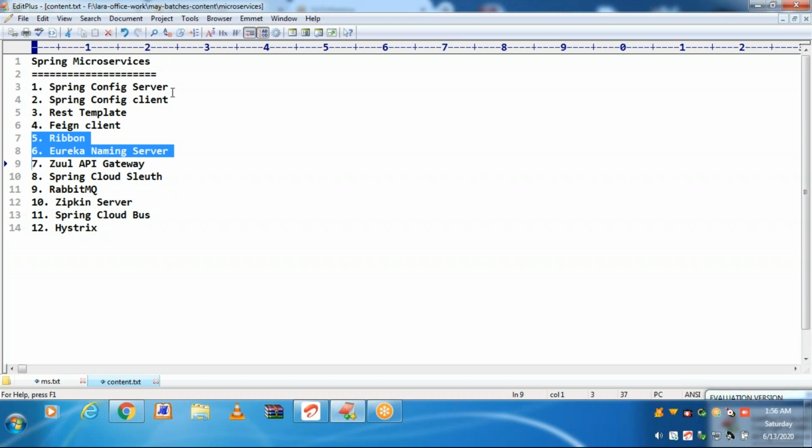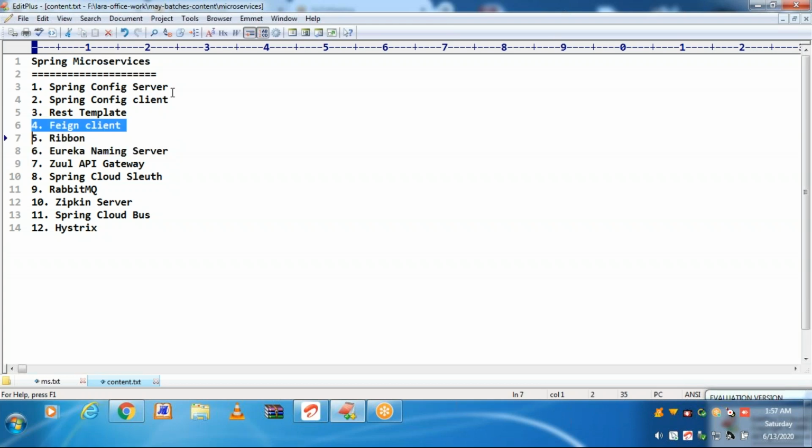Then dynamically whenever you want, you can increase the instances, decrease the instances without restarting. The target microservice instances we can register with the naming server. Clients can connect to the naming server to get any one of the target microservice instances. All target microservice instances register with the Eureka server. Dynamically at any time you can increase or decrease.